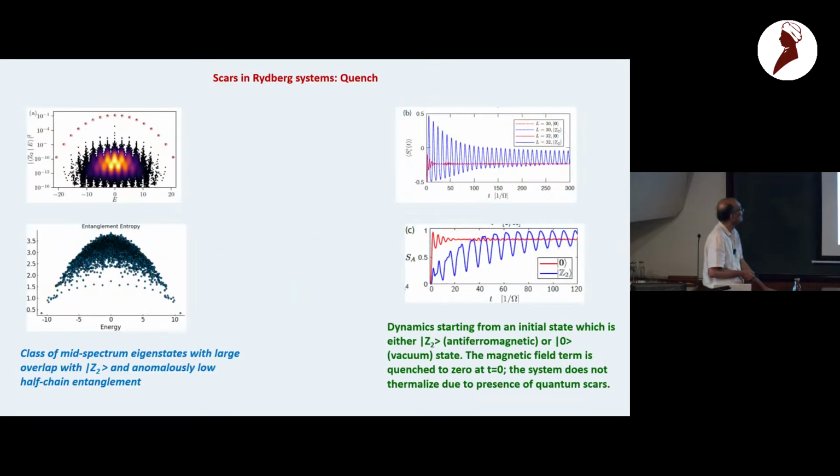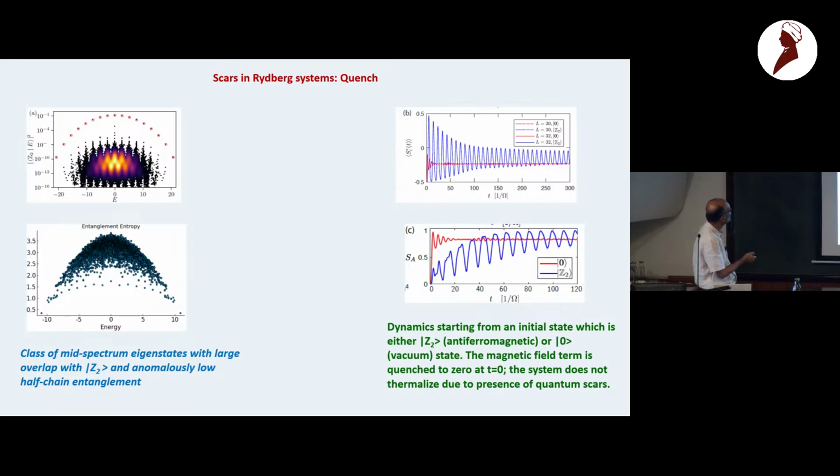And the answer to this is that it turns out that in this Rydberg system, there is a class of states which is completely different from the typical states in the Hamiltonian. These states are called quantum scars, and they are characterized by the fact that even though they are sitting right in the middle of the Hilbert space, where typical states show quote-unquote thermal behavior, which means their entanglement entropy essentially is volume law and all that, here they have anomalously low entanglement entropy, and they typically have some approximate emergent symmetry, which doesn't let them mix with the rest of the thermal states.